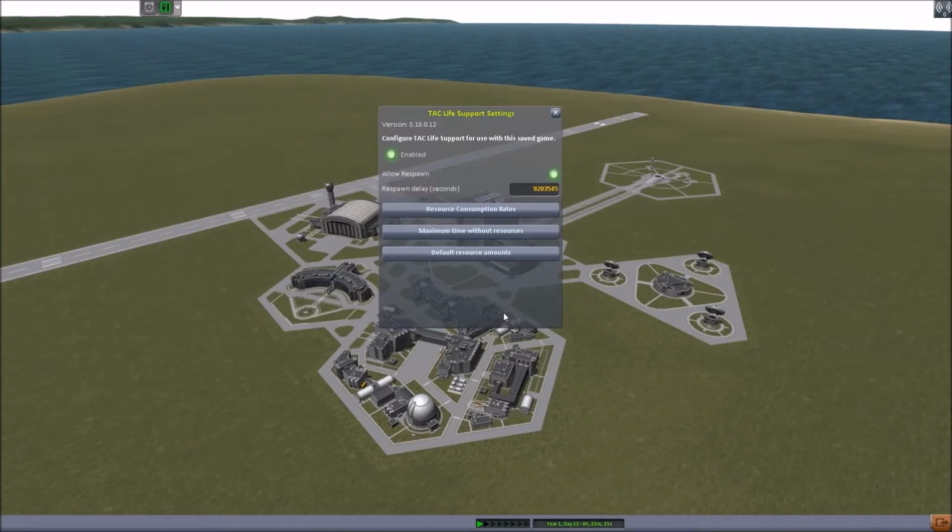Welcome everyone to this Let's Play of Kerbal Space Program in sandbox mode, where Jeb and I have fun with rockets. Although in this case we're going to have fun with snacks, because Gene has decided that the health and safety of his astronauts is paramount. So he has engaged Thunder Aerospace Corporation to install life support, the TAC life support modules, into all of our